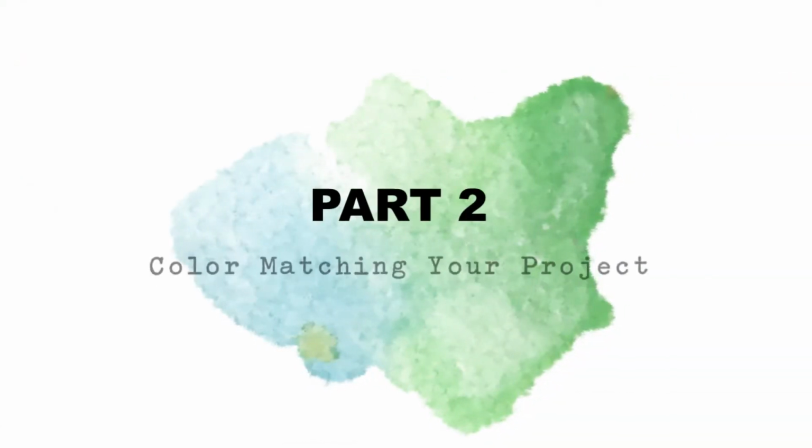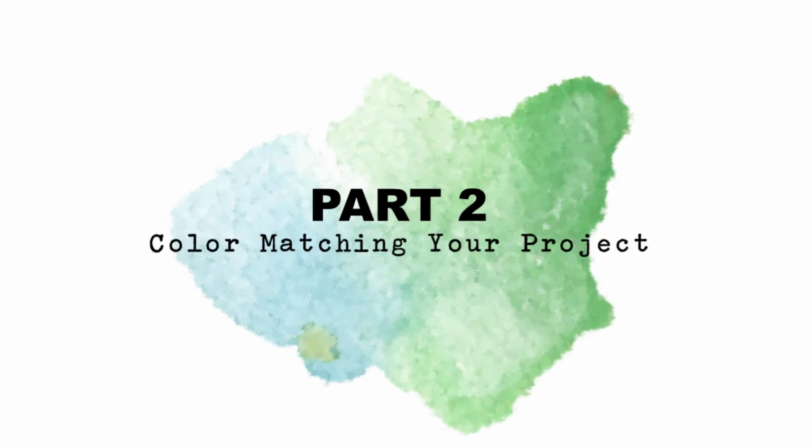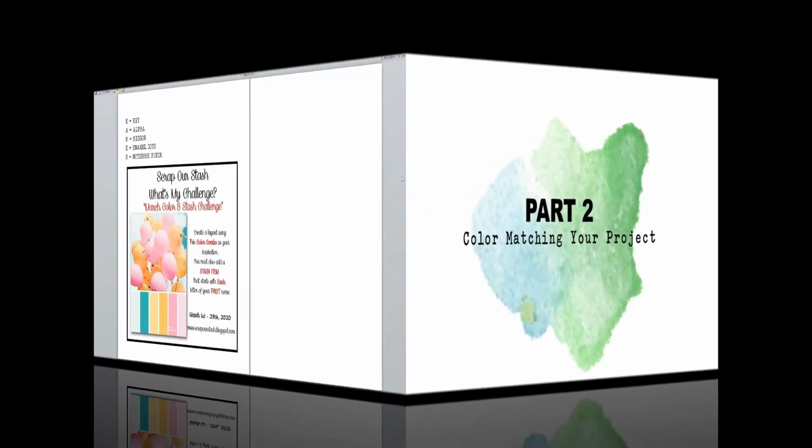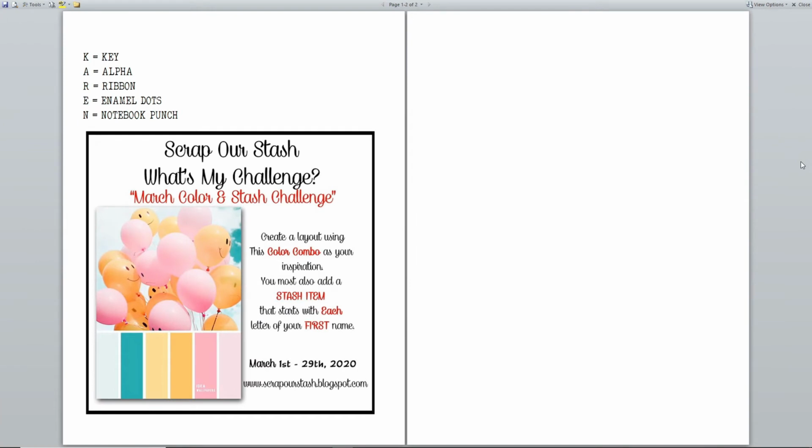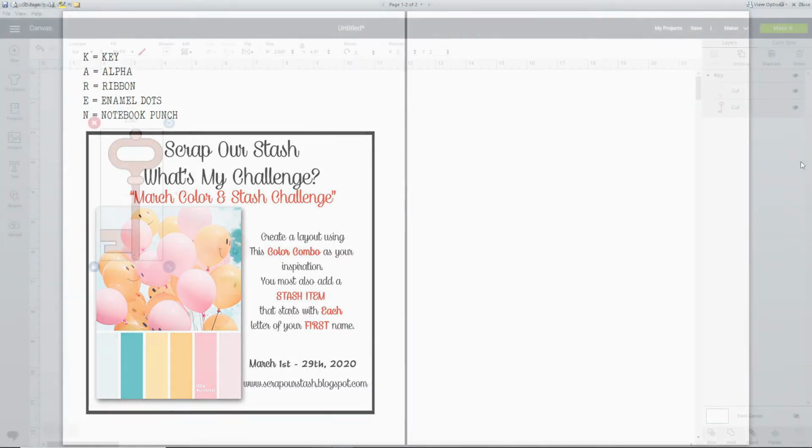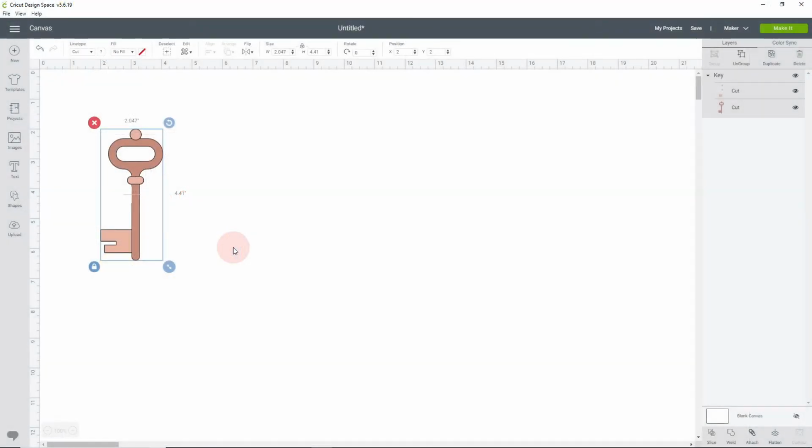And so that brings us to part 2 of this tutorial, color matching your project. So for this challenge, I needed to also use this color combo as my inspiration for my layout, in addition to using the stash item for each letter of my first name. And so I thought, wouldn't this be cool if I could take the colors here and use them on my key? So if you have an image that has multiple layers, you can see what layers are available by going